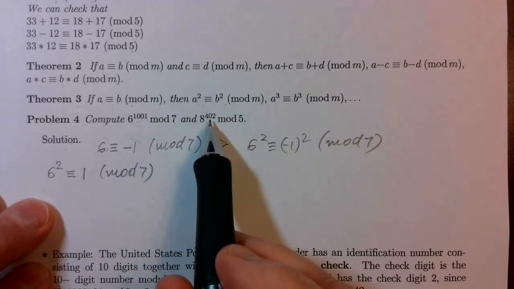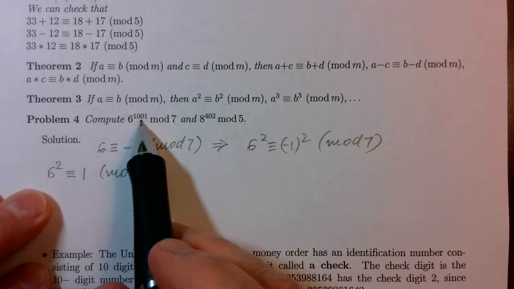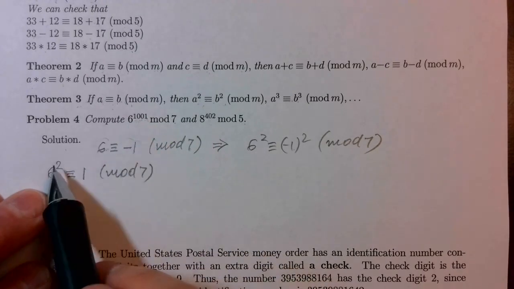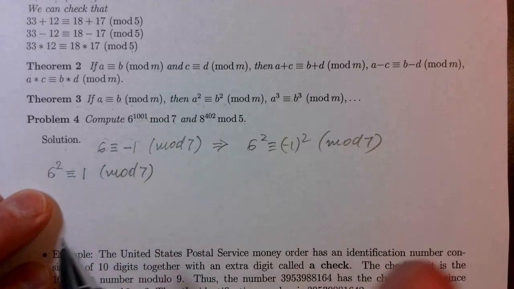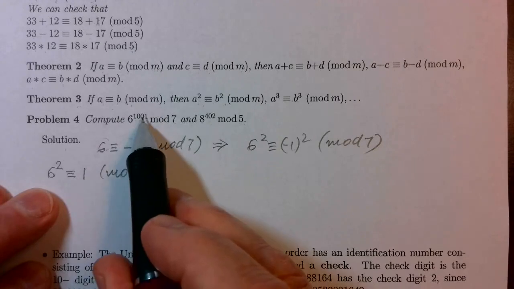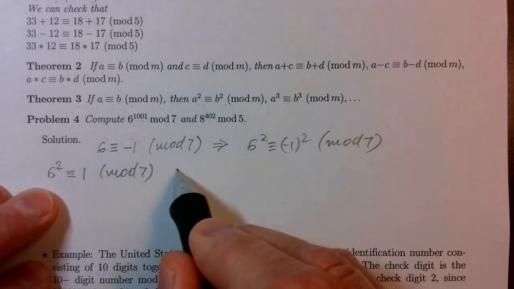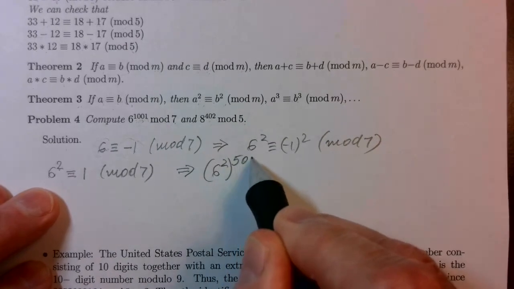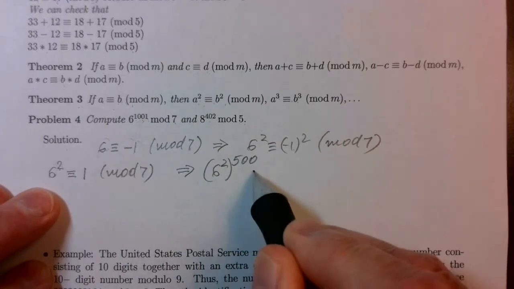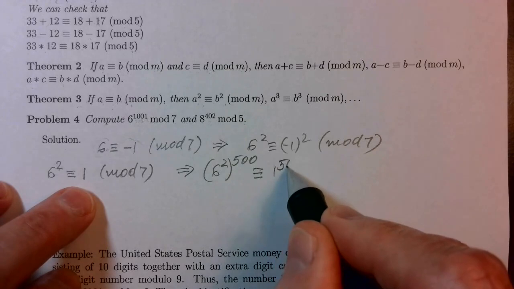Now I have to approach this number from below. 1001 is not even, so I cannot raise this to some power to get this, because I can raise only to positive integer powers. But I can raise this to the power 500 to get 6 squared to the power 500, to get here exponent 1000. 1 to the power 500